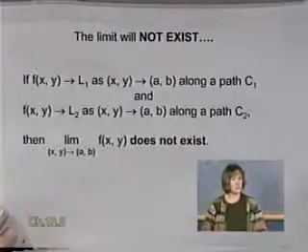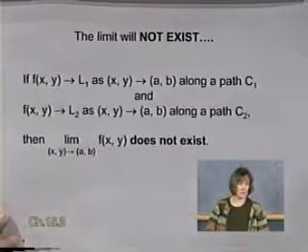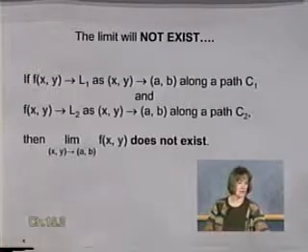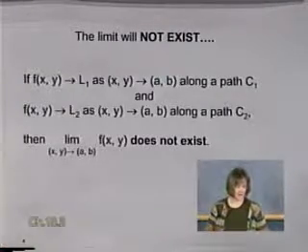So if you can find 2 different pathways, 2 different ways to go to (a,b), and the limits along those 2 pathways are different, then there's no limit. Okay? So